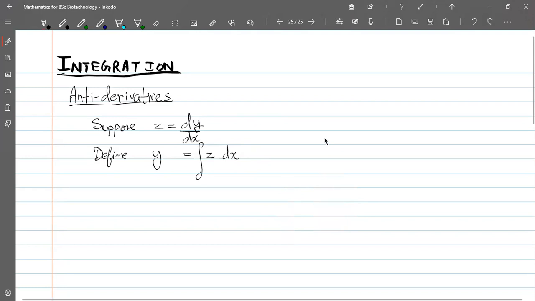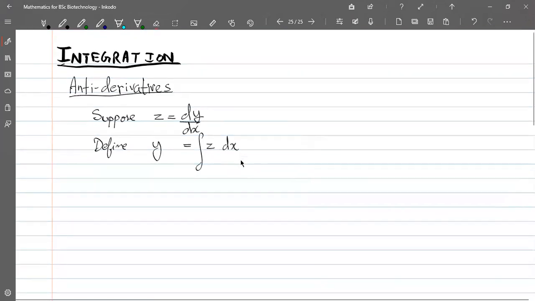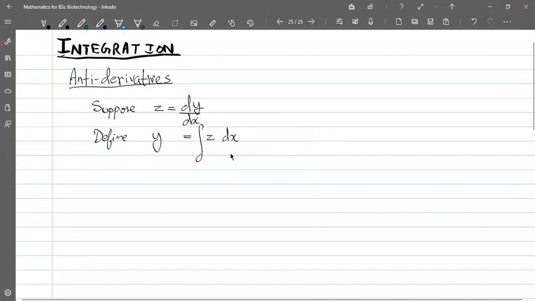This symbol is actually a stretched out letter s, because if you want to define the integral as a formula, you have to define it as a limit of a sum. So s stands for sum there. That's just the origin of the notation. For us, this is the notation, integration z dx. Now we don't have a formula for this, except as I said, as a limit of a sum, which we will not go into right now.